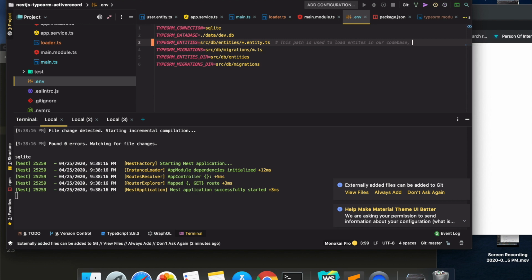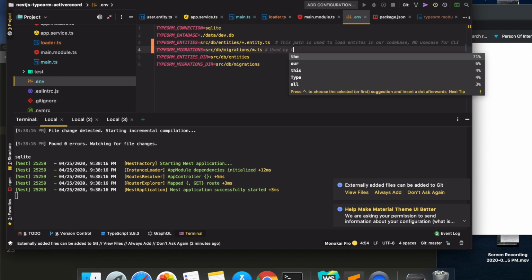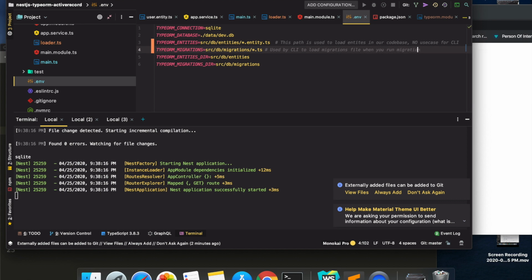The others are for the CLI. The TypeORM migration setting is basically used by the CLI to load migration files when you run migration.